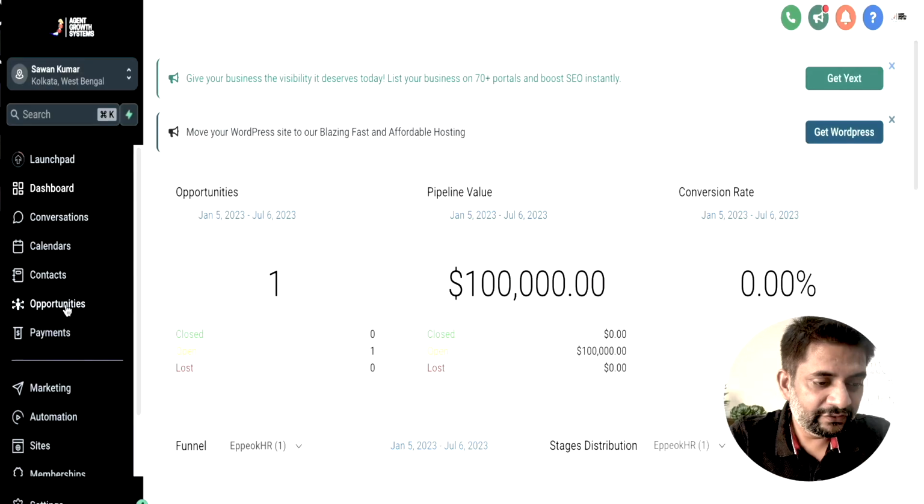Okay, let us now jump onto my dashboard of Go High Level and see for ourselves how each one of these works over there and how you can set things up for yourself. So today we are going to talk about CRM and sales pipelines. Okay, if you see my dashboard, I will come here, and if you see on the left, we have a tab